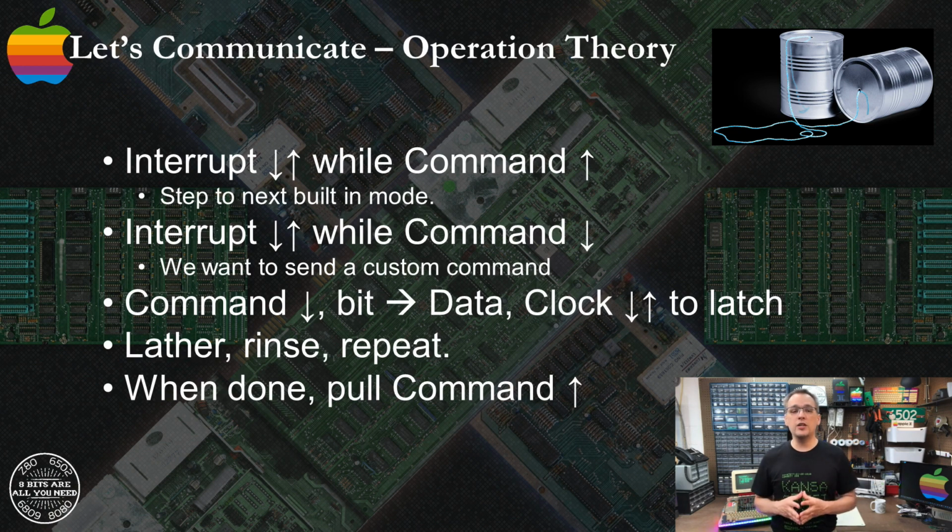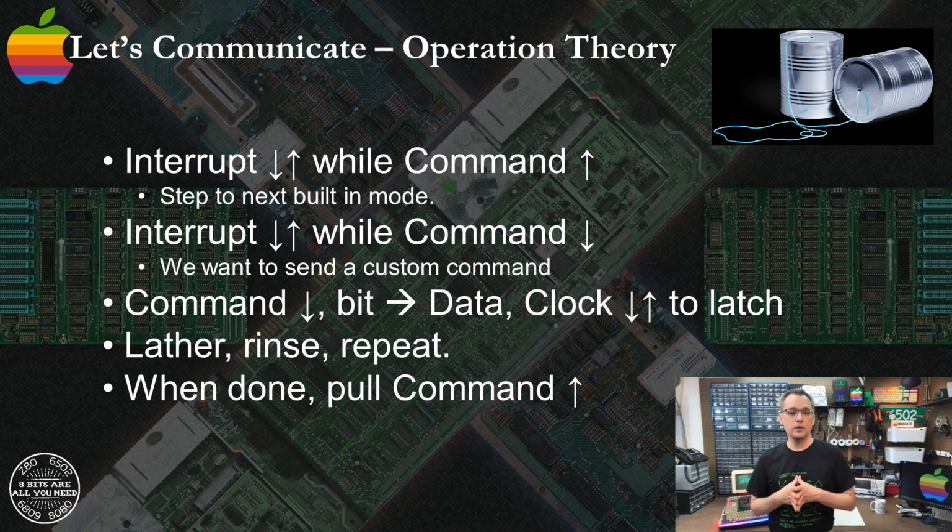The basic theory of operation is thus. If we toggle interrupt low to high while command is high, we are just signaling the Arduino to step to the next of one of the pre-built Apple color modes. If we toggle interrupt low to high while command is low, that means we want to send custom commands to